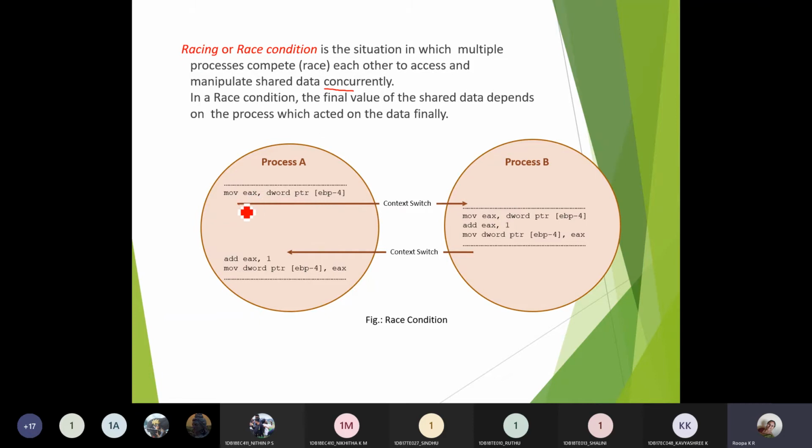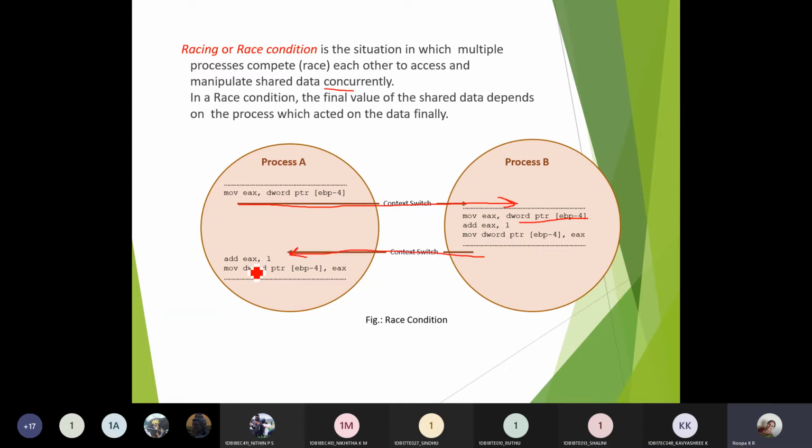After moving the value, I am calling a process through message passing, or a pipe, message sharing, RPC, through any of those things I'm communicating with the other process. Here I'm moving some other data, adding 1 to that data, and storing it into some other location. After that I'll come back to here.